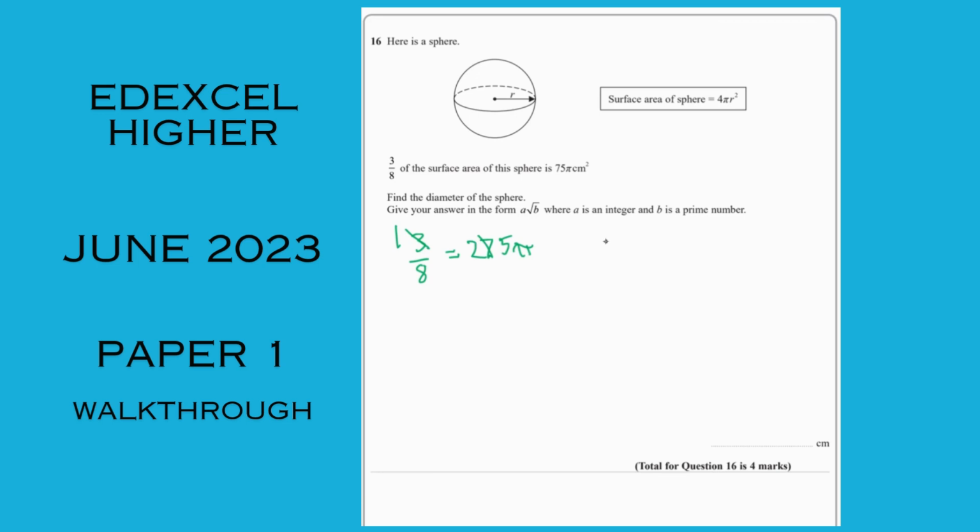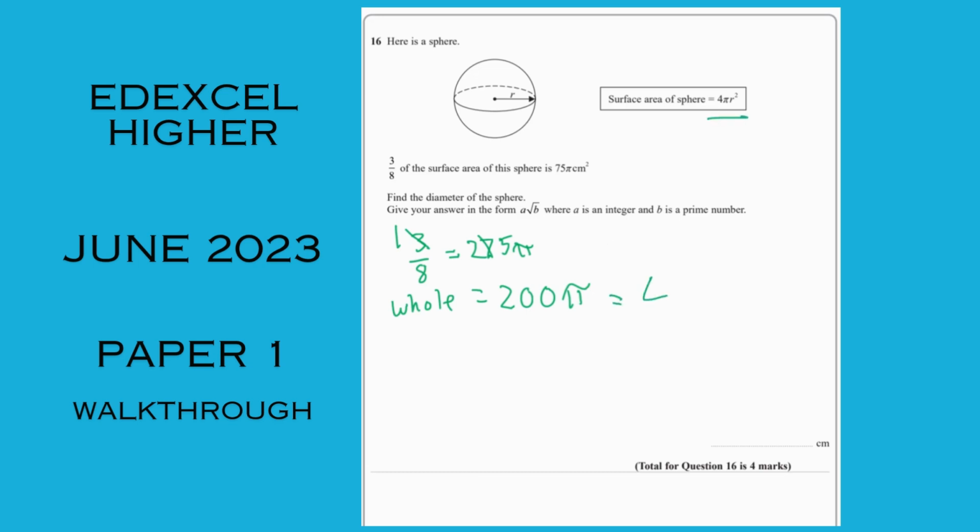So 8/8, the original, the whole shape, is 8 times 25, 200 pi. That is the surface area of the whole sphere,